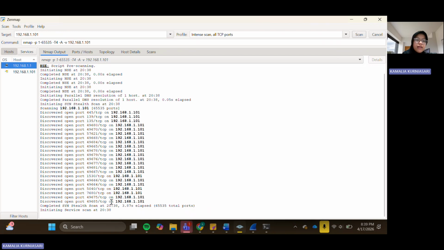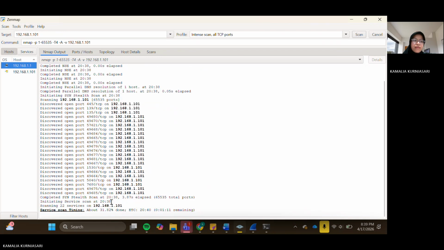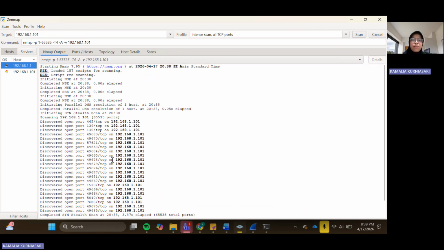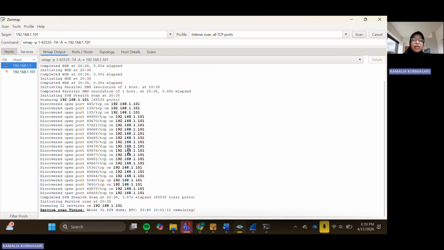We are waiting for the scan to finish. These are all the possible TCP ports that we checked in the scan all TCP ports.